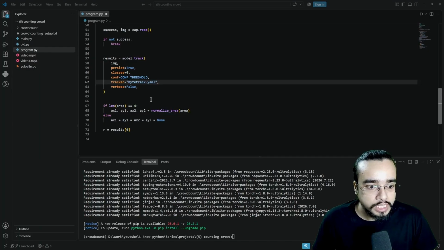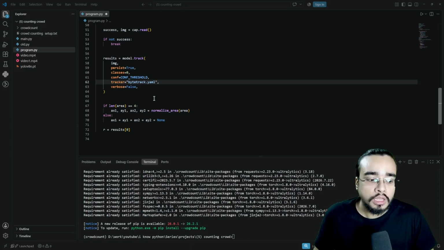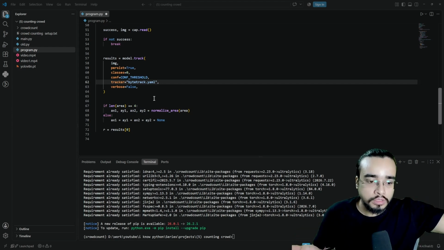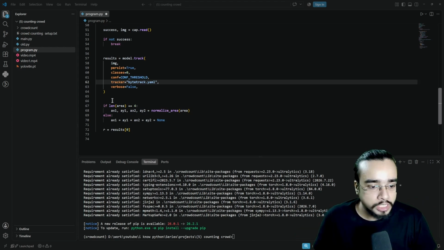Then what we'll do is we'll first check if the area is drawn. Okay, so if len of area is equal to 4, now we'll actually check if the rectangle is drawn where we want to do the detection, where we want to do the counting. So if len of area is equal to 4, which means that we have all four coordinates of the top and of the bottom, we'll go inside this if condition, else we'll set